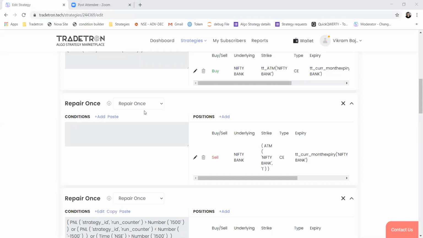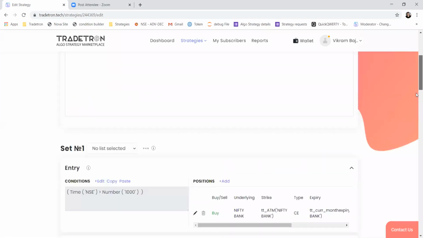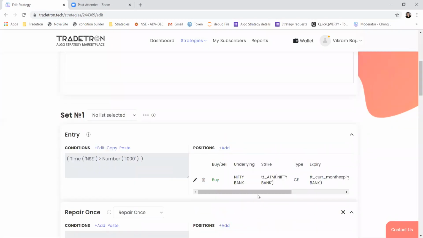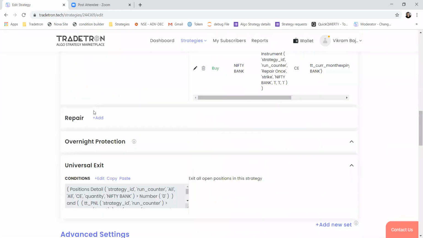I want to take a new position in a put option based on the LTP of the call option taken through the entry position. How do we write a formula to get the strike for the call option? So to fetch the strike, traded instrument is the keyword which you can use. Let's say I'm buying a call here. It is an ATM call. Now I want to buy a put which has LTP nearest to the price at which this call got traded. So let's say this call is getting traded at 125 rupees. Now I want to find a put which again should be nearest to 125 rupees.